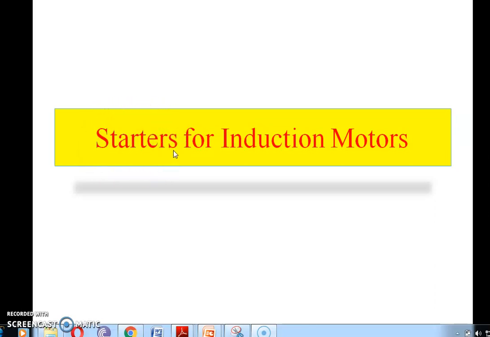As you saw in the previous semester with DC machines, we again use starters in induction motors for starting purposes. In Electrical Machines 1, as well as in DC machines, the DC motor has different starters. For example, for a DC shunt motor, we basically choose a 3-point starter, and we also have 2-point starters, 4-point starters, etc.